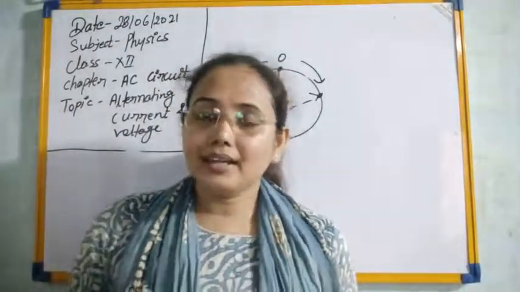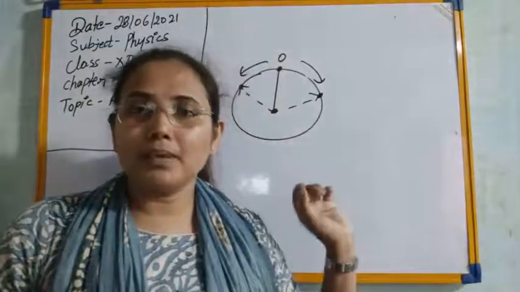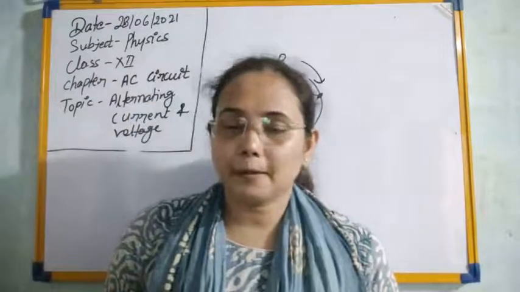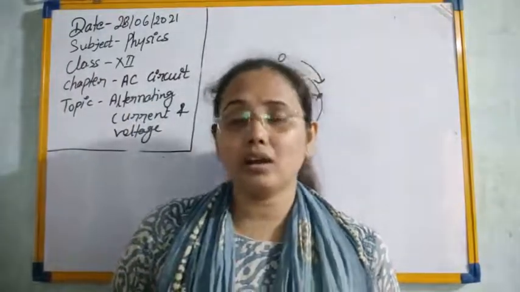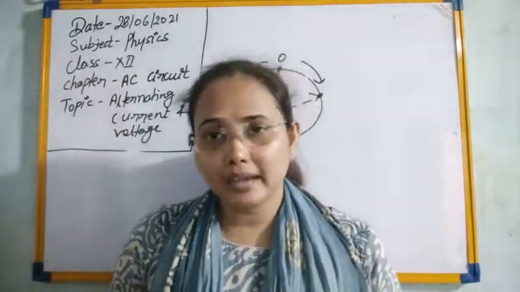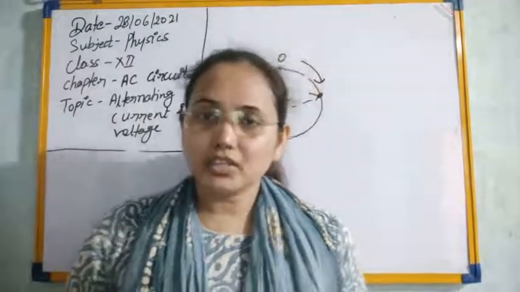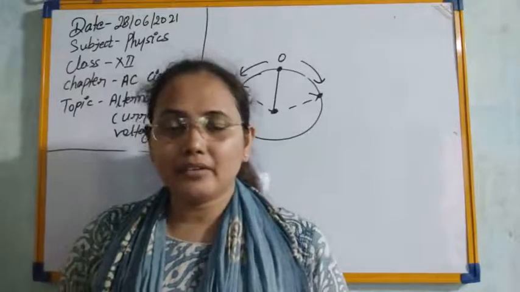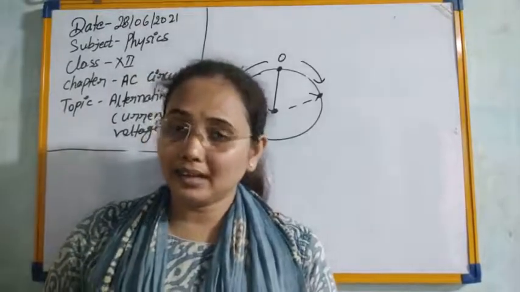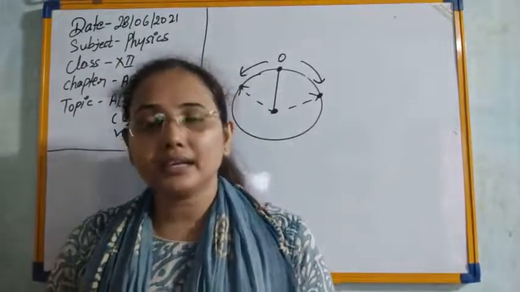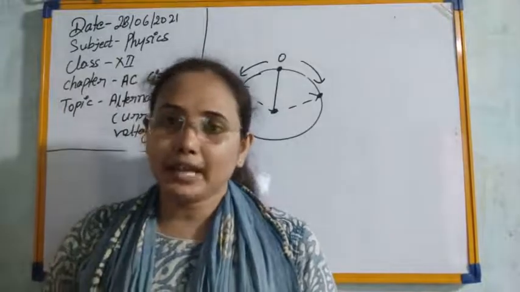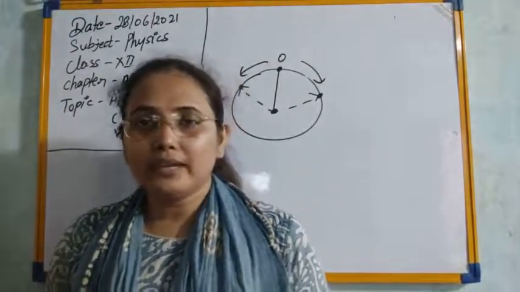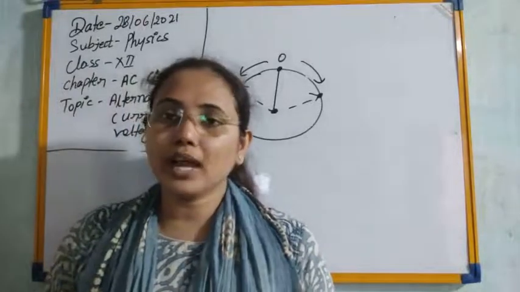But for alternating current, the small values cannot be measured by the galvanometer, because it is dependent on the direction of the current. In which direction the current is flowing, it is dependent on that, and due to that we cannot measure the alternating current here, because alternating current is varying with time and changing its direction continuously. Such kind of current cannot be measured by the moving coil galvanometer.